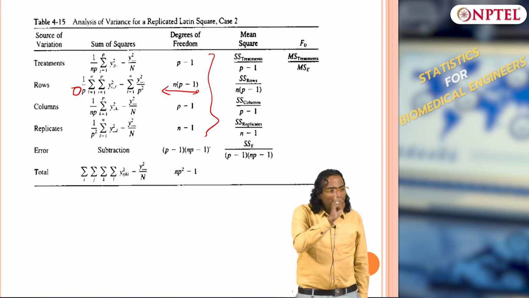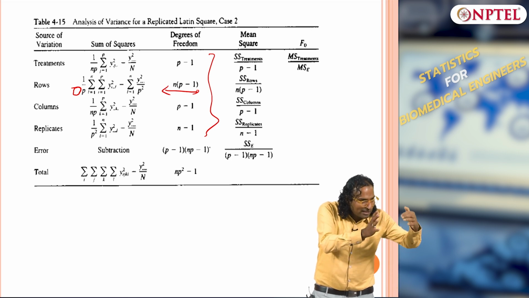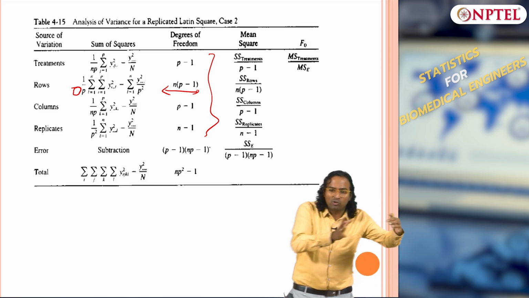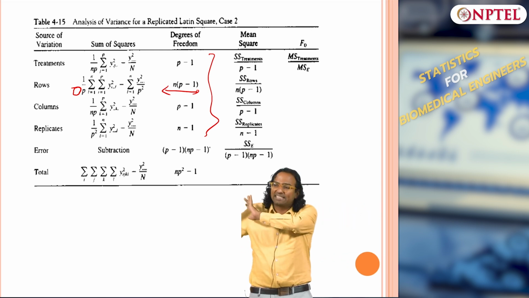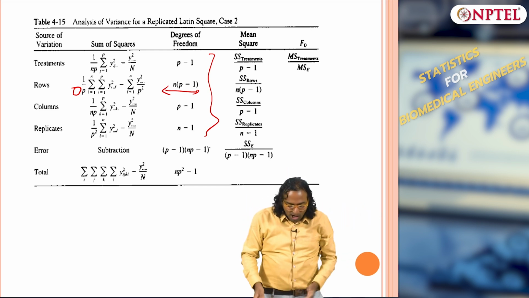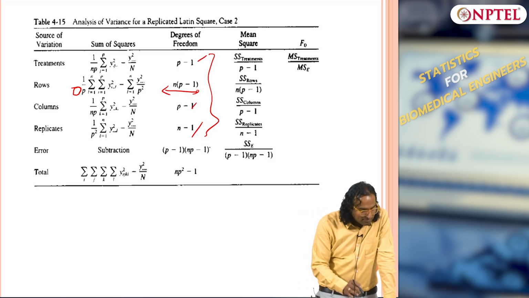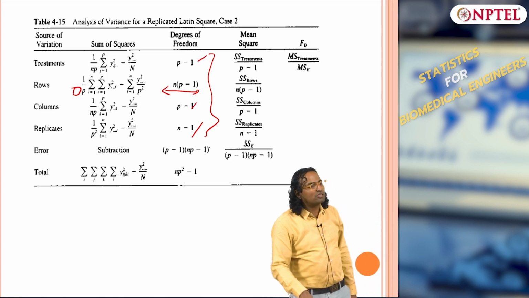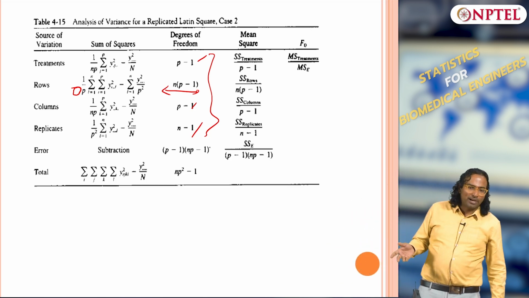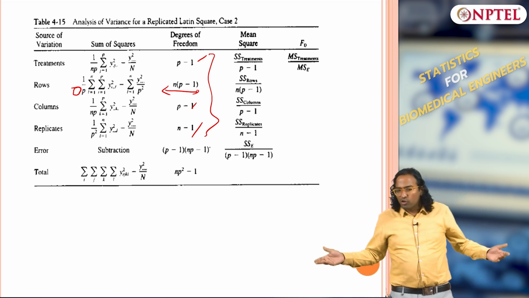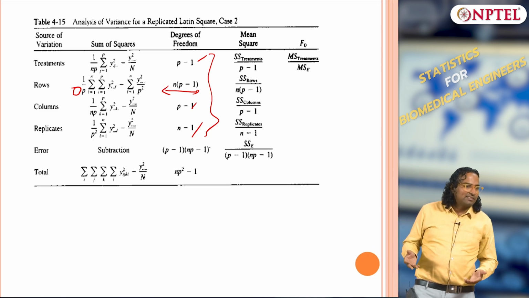The degrees of freedom of error dips, because the degrees of freedom of treatment increases to n into (p minus 1), because p minus 1 is not the degrees of freedom. For each block, each replication, it is p minus 1. Totally there are n into (p minus 1), because you have not replicated the rows exactly. You have replicated the columns exactly, therefore for others you have p minus 1, but you have not replicated the rows exactly for whatever reason. Let us say rows are operators or human samples, you will not be able to do the experiments on the same person, then it has changed.